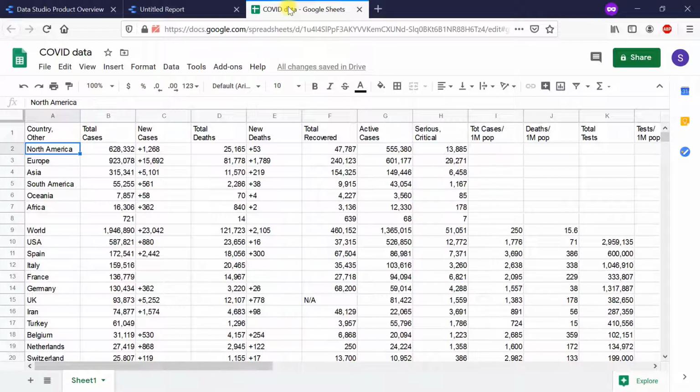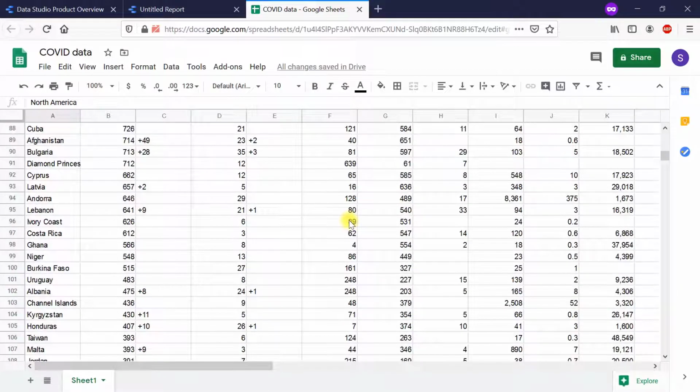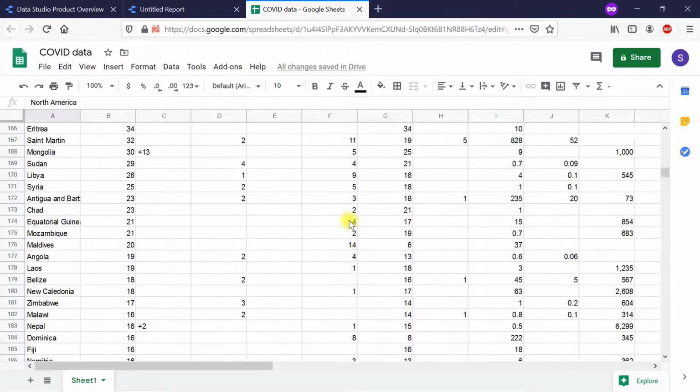Now we are going to use this option. Let's take a look at the data. We wanted the country-wise distribution only, but this data has some rows which are not countries. For example, the worldwide row or the continents rows and the total row at the bottom of this table.